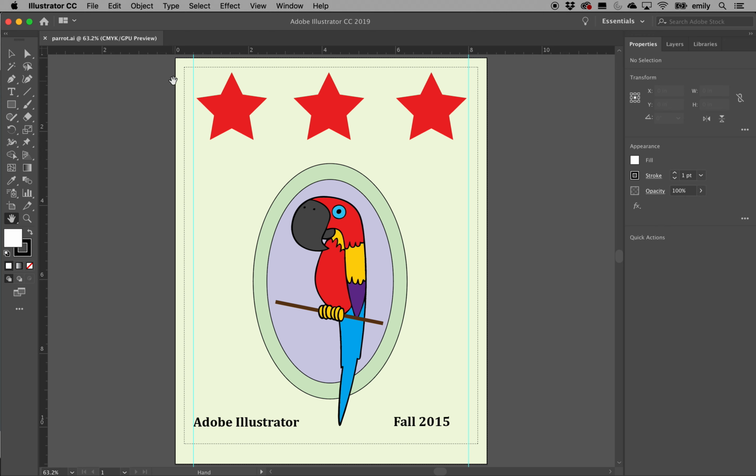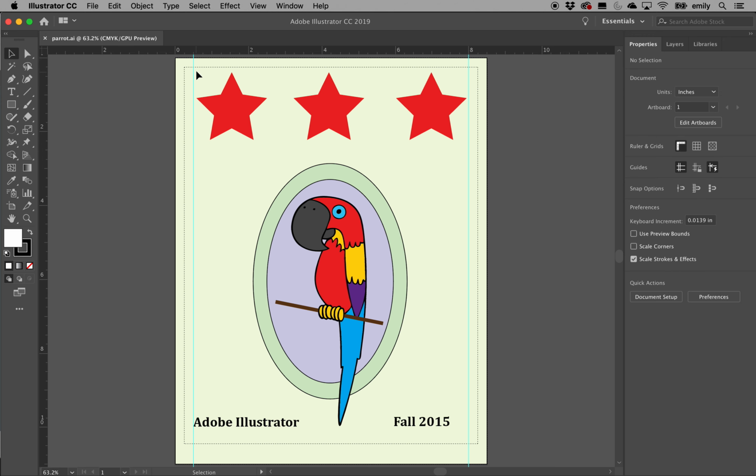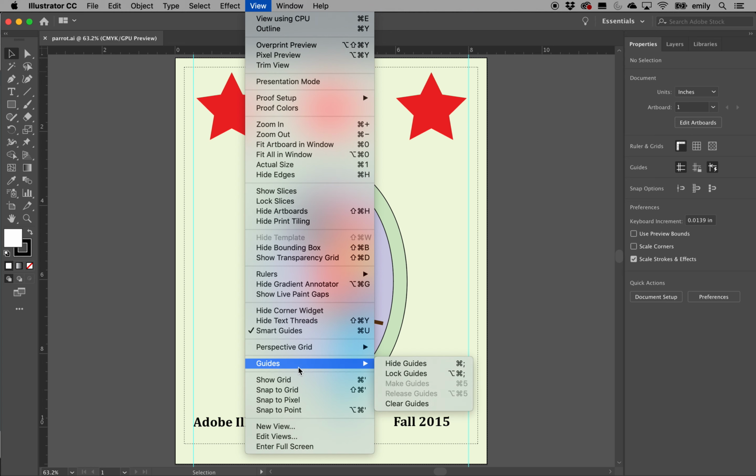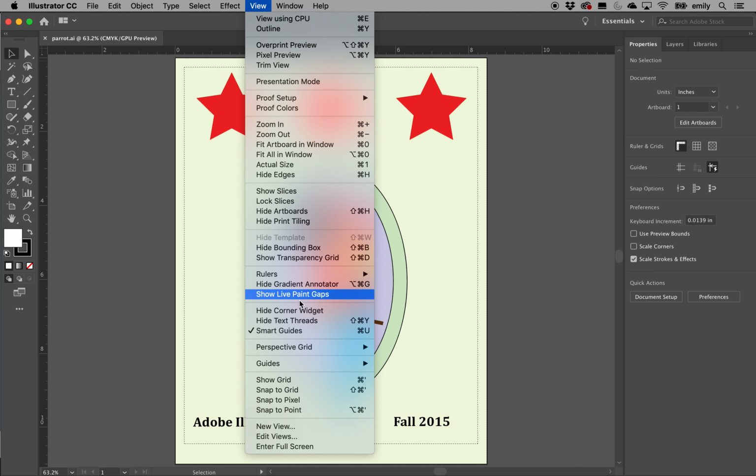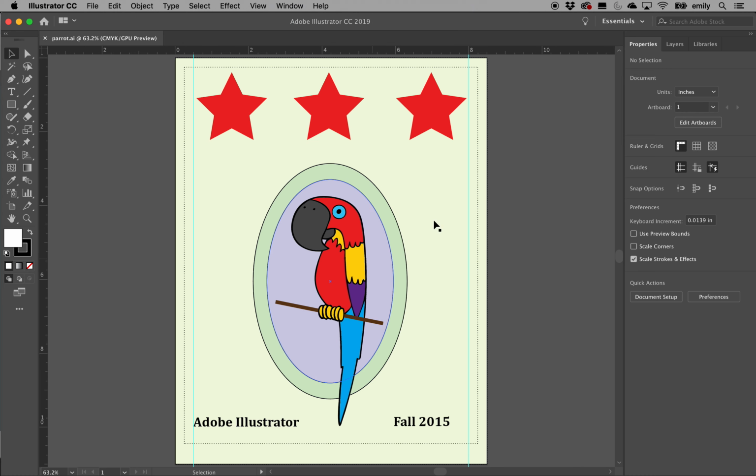Hopefully you can see here these little light blue lines. These are the guidelines. I can turn those off and on here. Hide guides would make them disappear, and going back to view and saying guides, show guides would make them appear. The work we're going to do up top here, I want you to keep it inside those lines. The little black dots that you see here are for my printer, so you may or may not have those on yours. Don't worry about them.